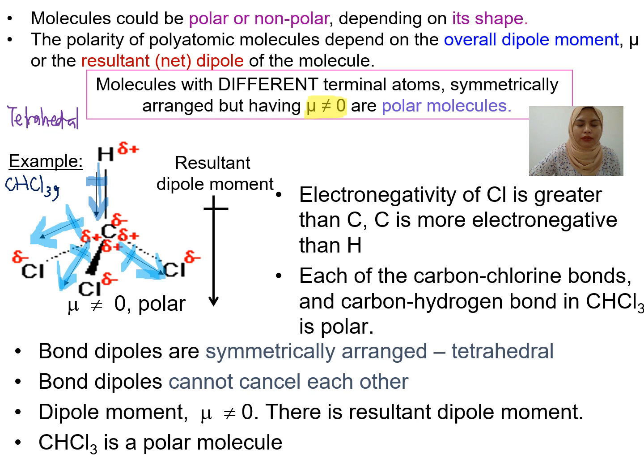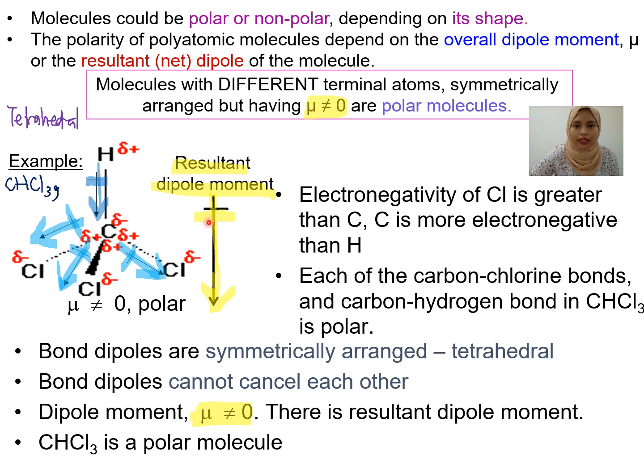So sekarang ni from there akan terhasillah resultant dipole moment. Okay, kenapa terhasil resultant dipole moment? Sebab dia ada 4 different bond dipoles dan semuanya macam menuju ke bawah. Okay, so since this molecule ada resultant dipole moment, therefore dia punya overall dipole moment tak akan equal to 0. Okay, therefore dia punya overall dipole moment will not equal to 0 sebab nak tunjuk yang bahawa molekul ni ada